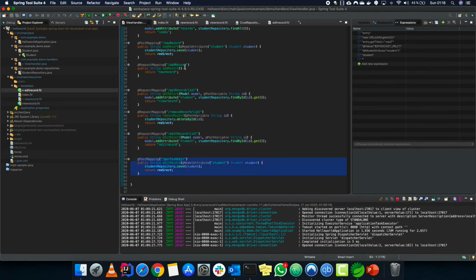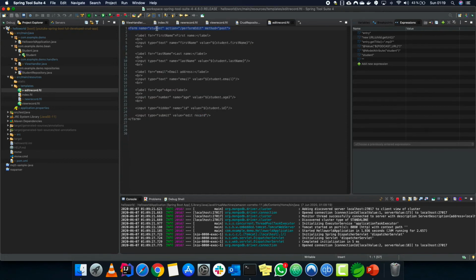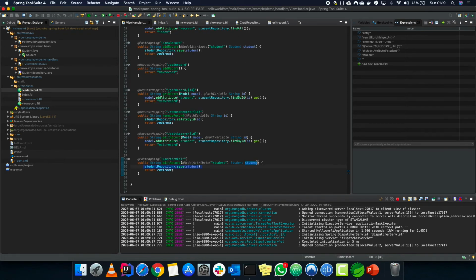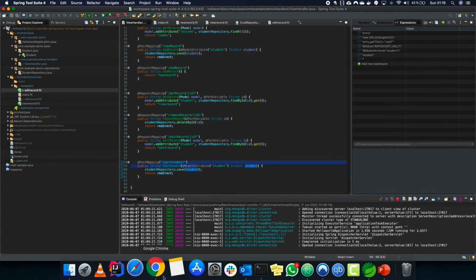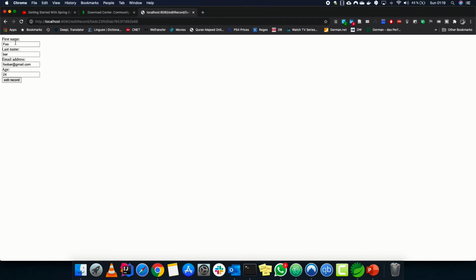And in perform edit, what would happen is we'll take the form named student, we'll assign all the values to the student, and then we'll save. So how does it edit the record rather than adding a new record? Because this is the same thing that is happening in the new record. How does the magic work? So we'll go through it and we'll give you the main idea of what is happening here. So let's go to edit records. So we have first name, last name, everything is same. So we have a little difference between those both forms. This form does not have a value field, value attribute.